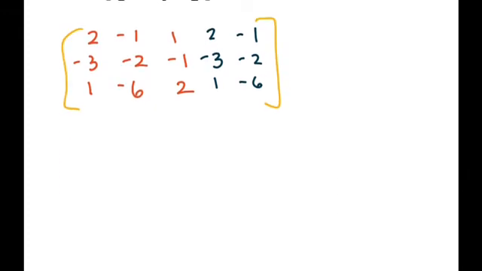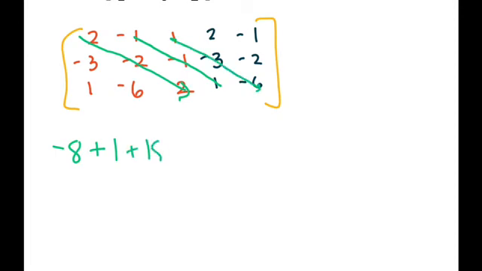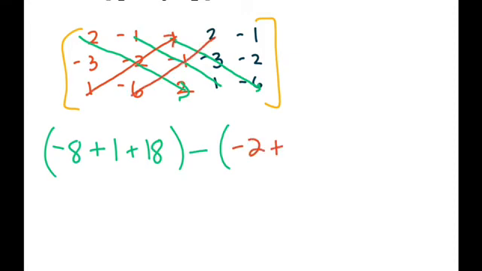So you start at the upper left, just like when you read a book. 2 times negative 2 times 2, that's negative 8, plus negative 1 times negative 1 times 1 is 1, plus 1 times negative 3 times negative 6 is 18. Then I'm going to subtract, and then I'm going to come at it the other way. So 1 times negative 2 times 1, plus negative 6 times negative 1 times 2, plus 2 times negative 3